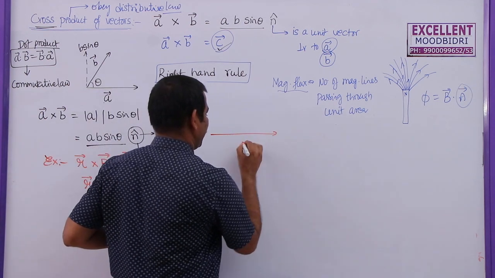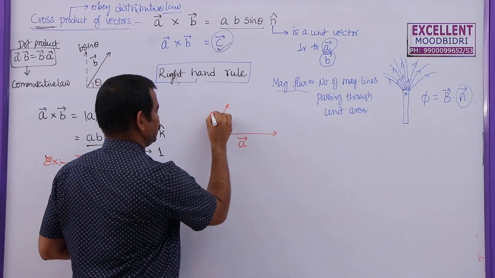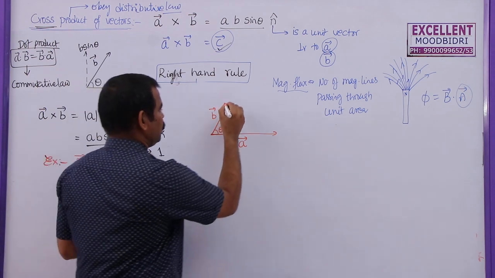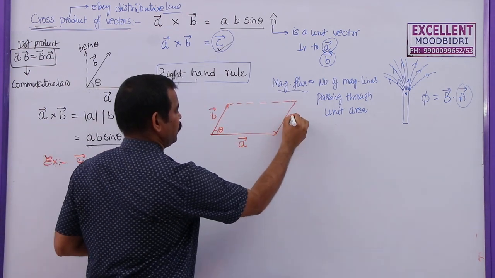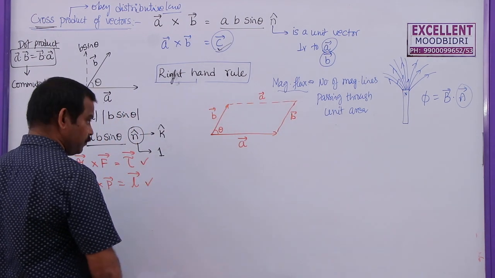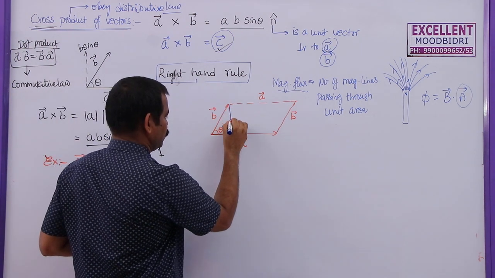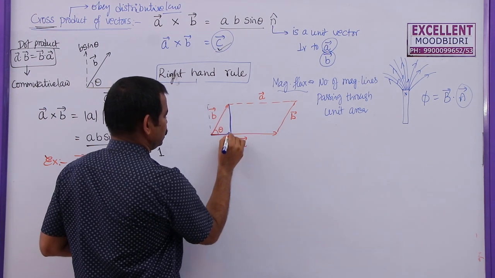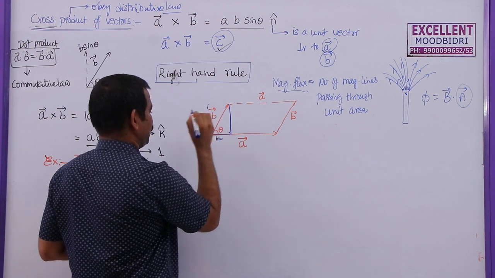So this is a parallelogram of length A bar, and the other side is B bar, but the angle between these two is theta. Now complete the parallelogram like this. This is a parallelogram, and we know that this is also B bar, this is also A bar. How to find the area of this one? To find the area, I am going to resolve this B in this direction. This is B cos theta, this is B sin theta.